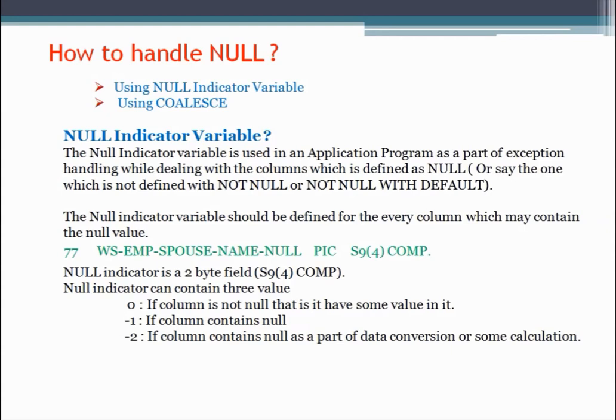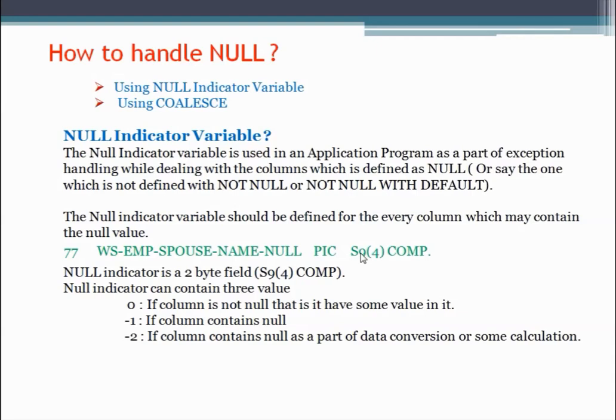Friends, if you are using DCLGen, or declaration generator, then DB2 creates a compatible null indicator variable in DCLGen by itself on an attribute or column where you have not specified NOT NULL, or NOT NULL WITH DEFAULT, or specified that column as a primary key. And if you are not using DCLGen, then you need to specifically specify this variable in